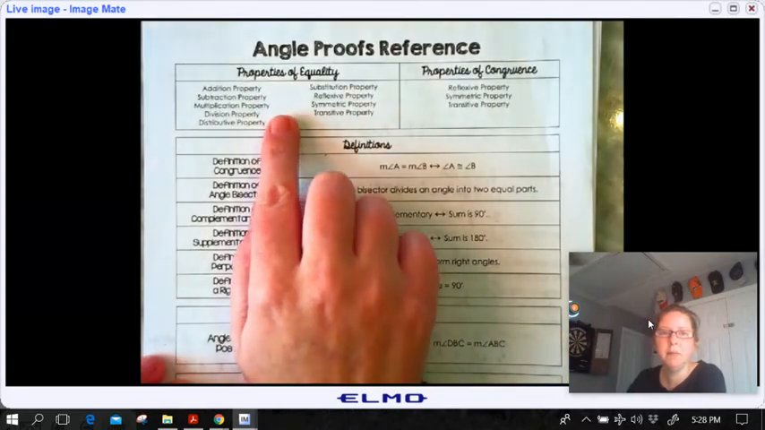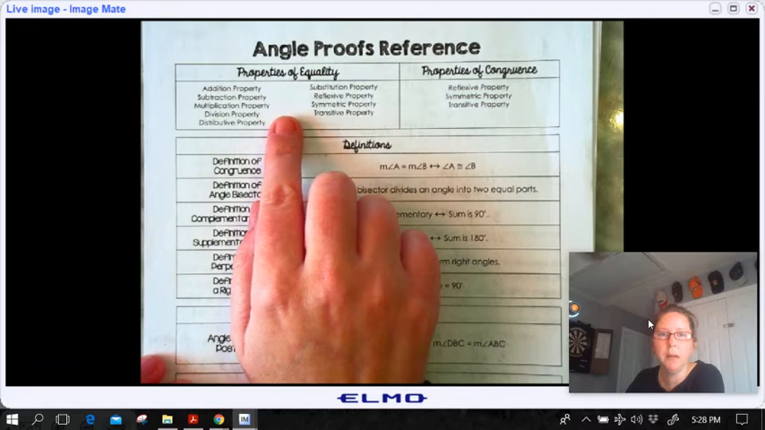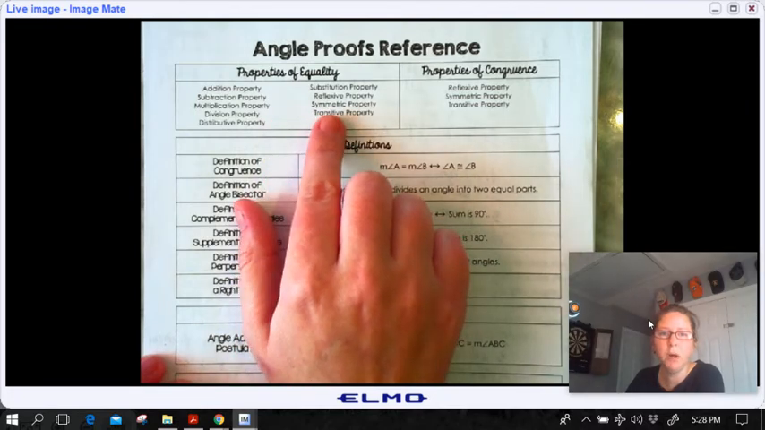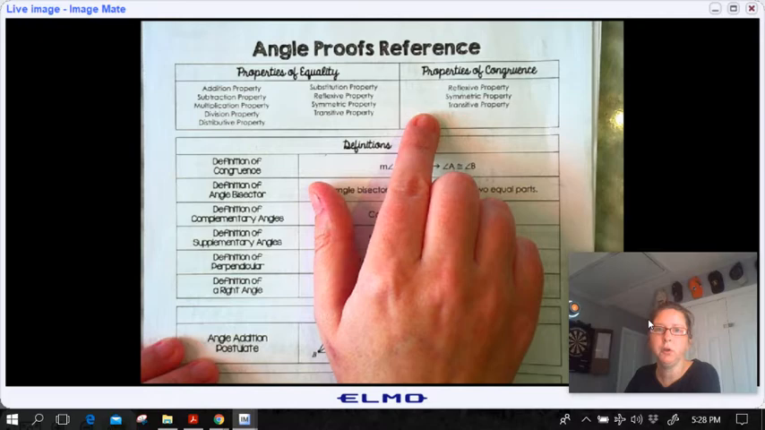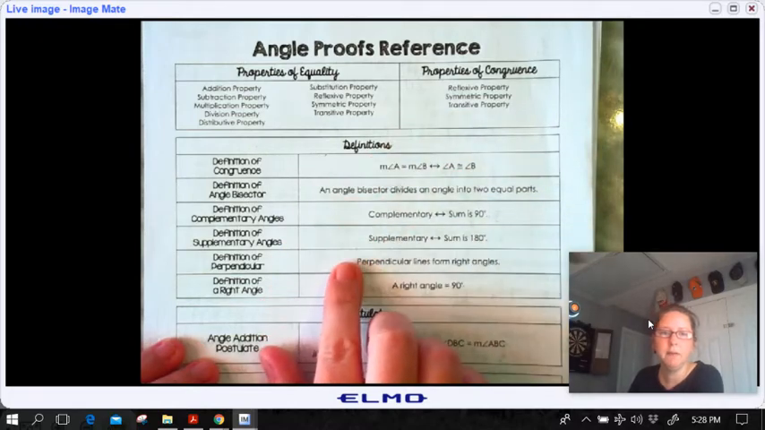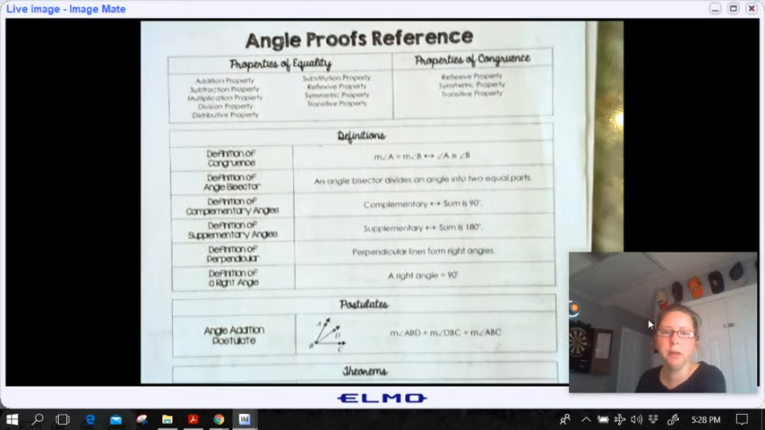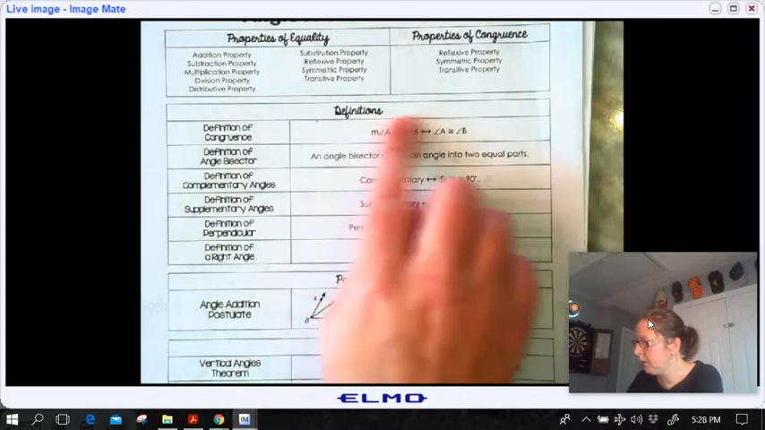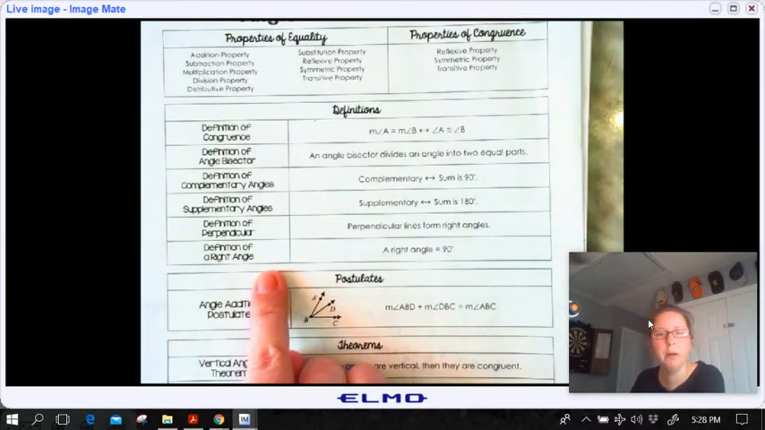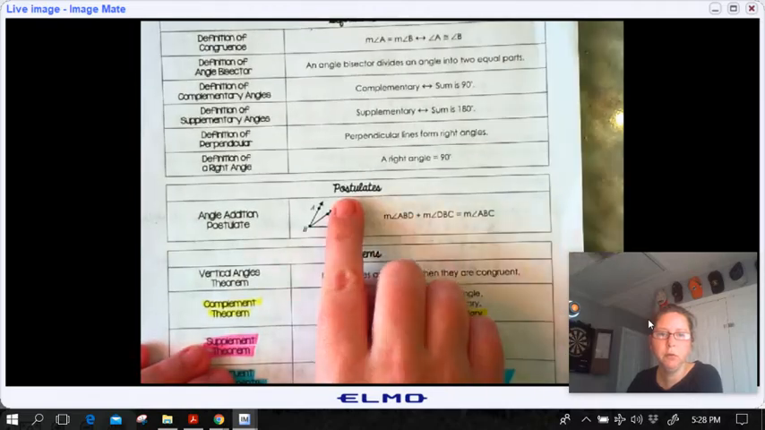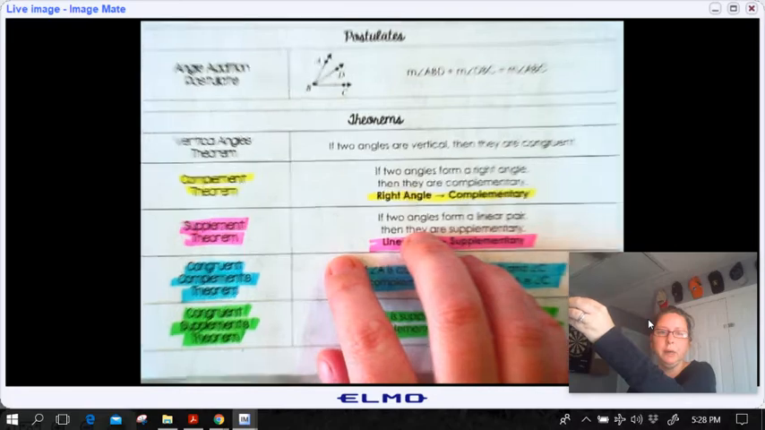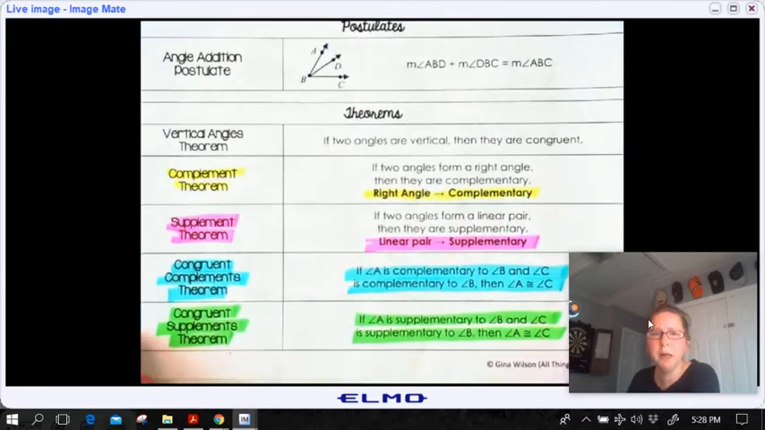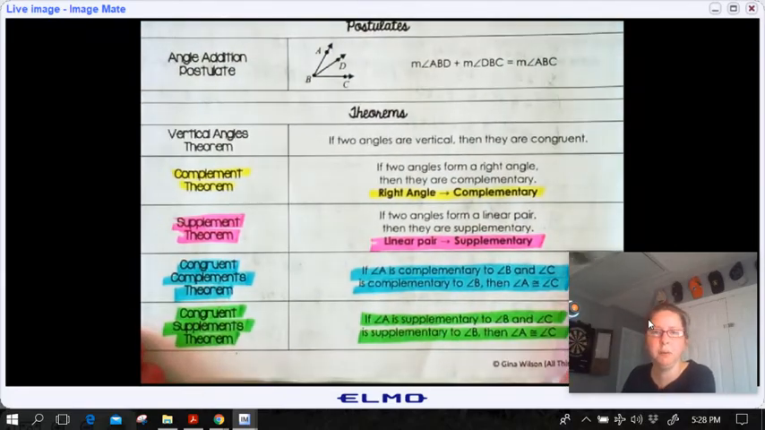It does have a list of all of our properties of equality. Some of these are from Math 1, and some we have rediscussed this year, as well as properties of congruence, and then definitions of the different congruence definitions that we have learned about. It also includes a postulate and some theorems. And there are actually 4 new theorems on here, which we haven't discussed, but if you think about them, they